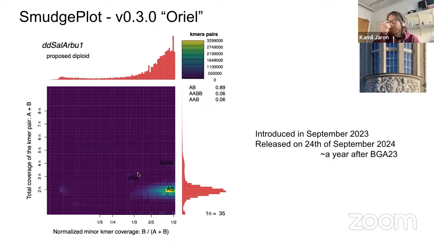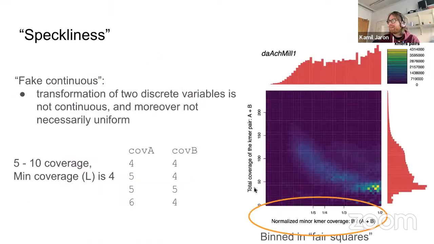But then we started plotting, and we just found out that the spectrum is still there. I guess it would not disappear, right? And after a very long time of thinking, looking at it, I just figured out where it came from. It's just that while the x-axis is a ratio, so it appears as a continuous variable, it's actually a fake continuous.